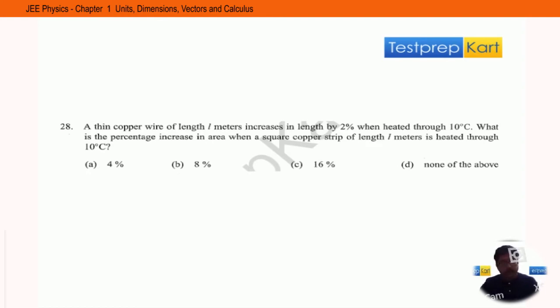A thin copper wire of length L meter increases length by 2% when heated through 10 degrees centigrade. Right? So, what is the percentage increase in area when a square copper thread of length L meter is heated? Suppose a thin copper wire of length L meter increases in length by 2% when heated to 10 degrees centigrade. Percentage increase in the square. So we know that